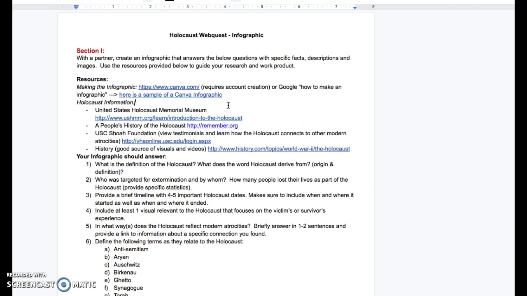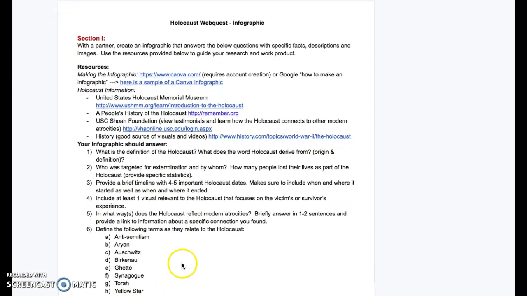But here's what I'd like you to include in your infographic. Numbers 1 through 6. So I'll let you read through that. It's pretty straightforward. How you format your infographic is totally up to you based on the answers that you find. I would suggest having one of you as the primary research person and one of you as the primary infographic person. So researcher, you'll be digging deep, and then infograph person, when you're not creating visuals, you'll be helping the researcher. You will not be sitting there just waiting for them to feed you information.